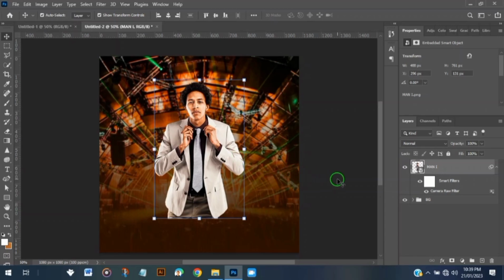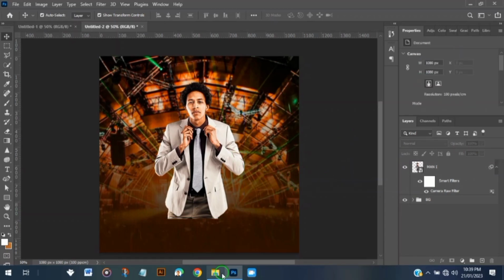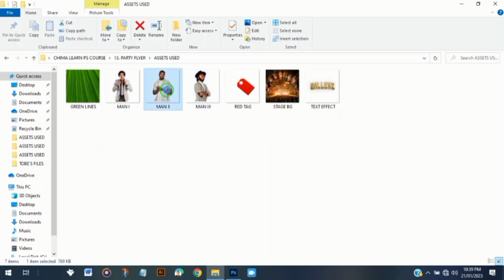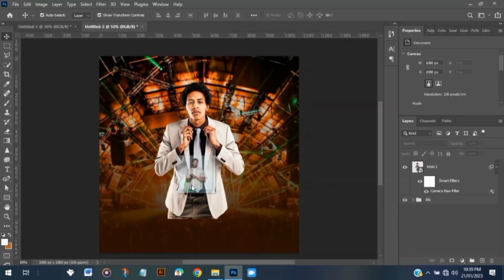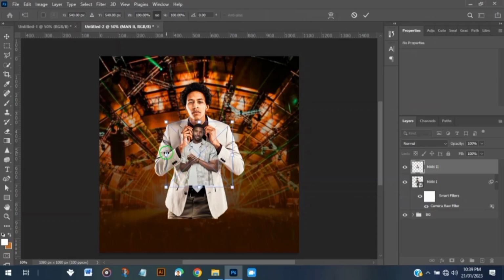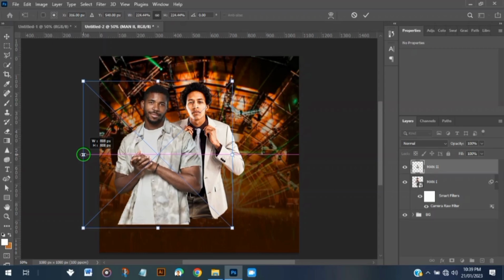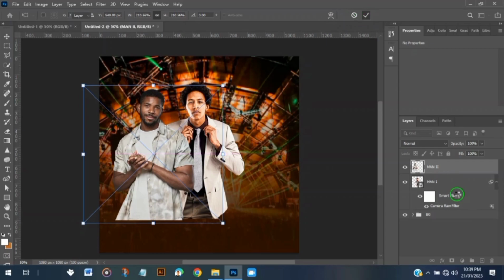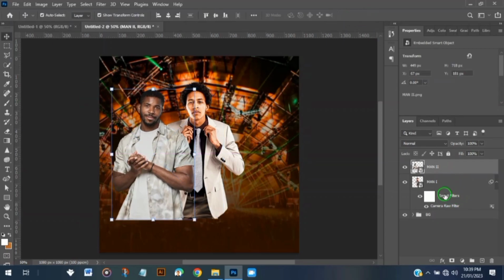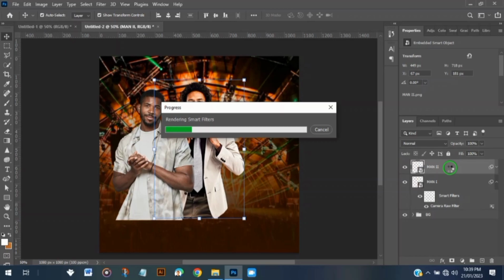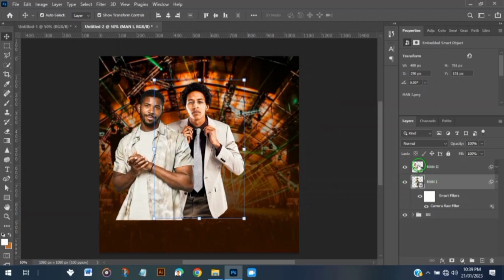Alright, so I'll click on this empty space here and head back to my resource folder. Then I'll just drag this and drop. Then I'll increase the size so that they will be of equal size and click on OK. So I'll move my mouse around these smart filters. I'll hold Alt and drag up and just release it over this one, so that the same filter will be applied to it. So now they have the same color filters, and I'll place this one under this one